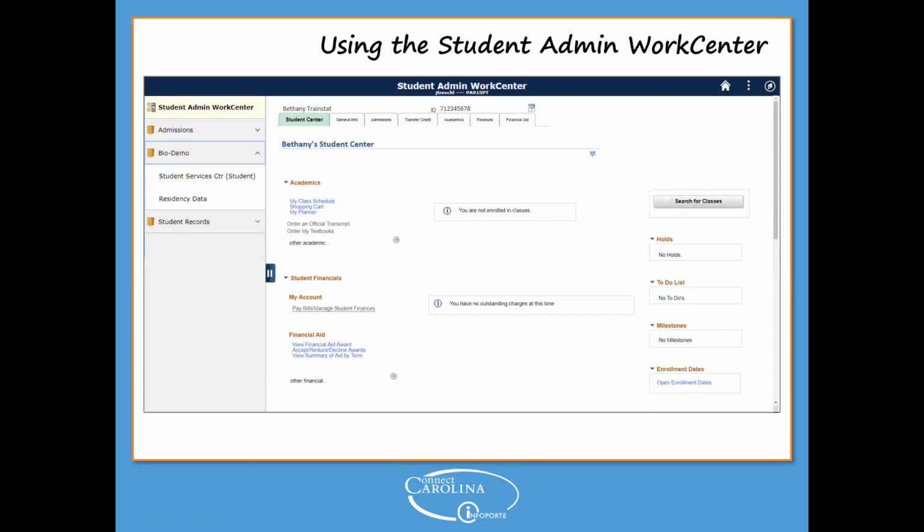But the Student Center as a whole works the same way it does now. So you have the same tabs that you have across the top right now. The same links are there and all that sort of stuff. One disclaimer about the Student Center that you may notice is that some of the formatting in the tabs and